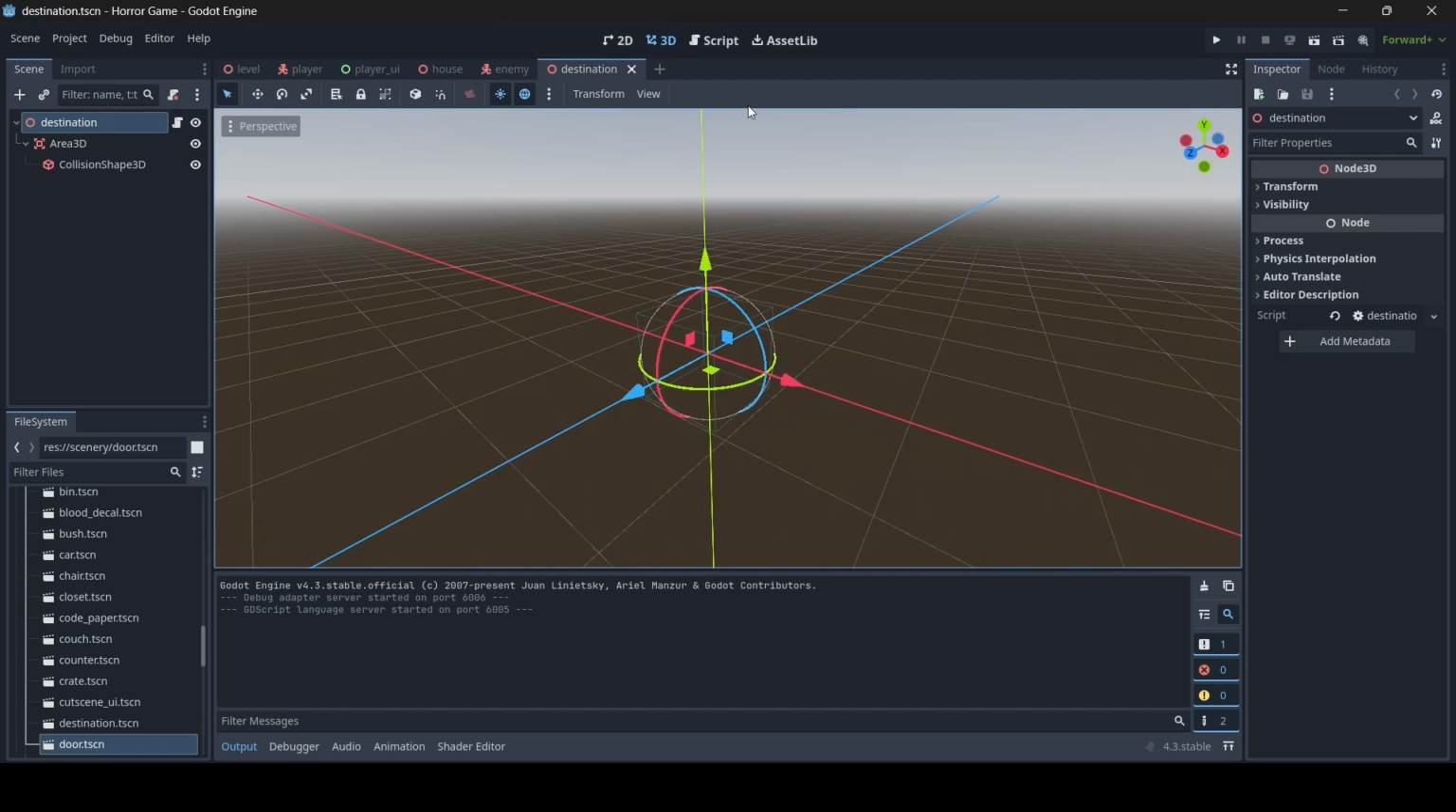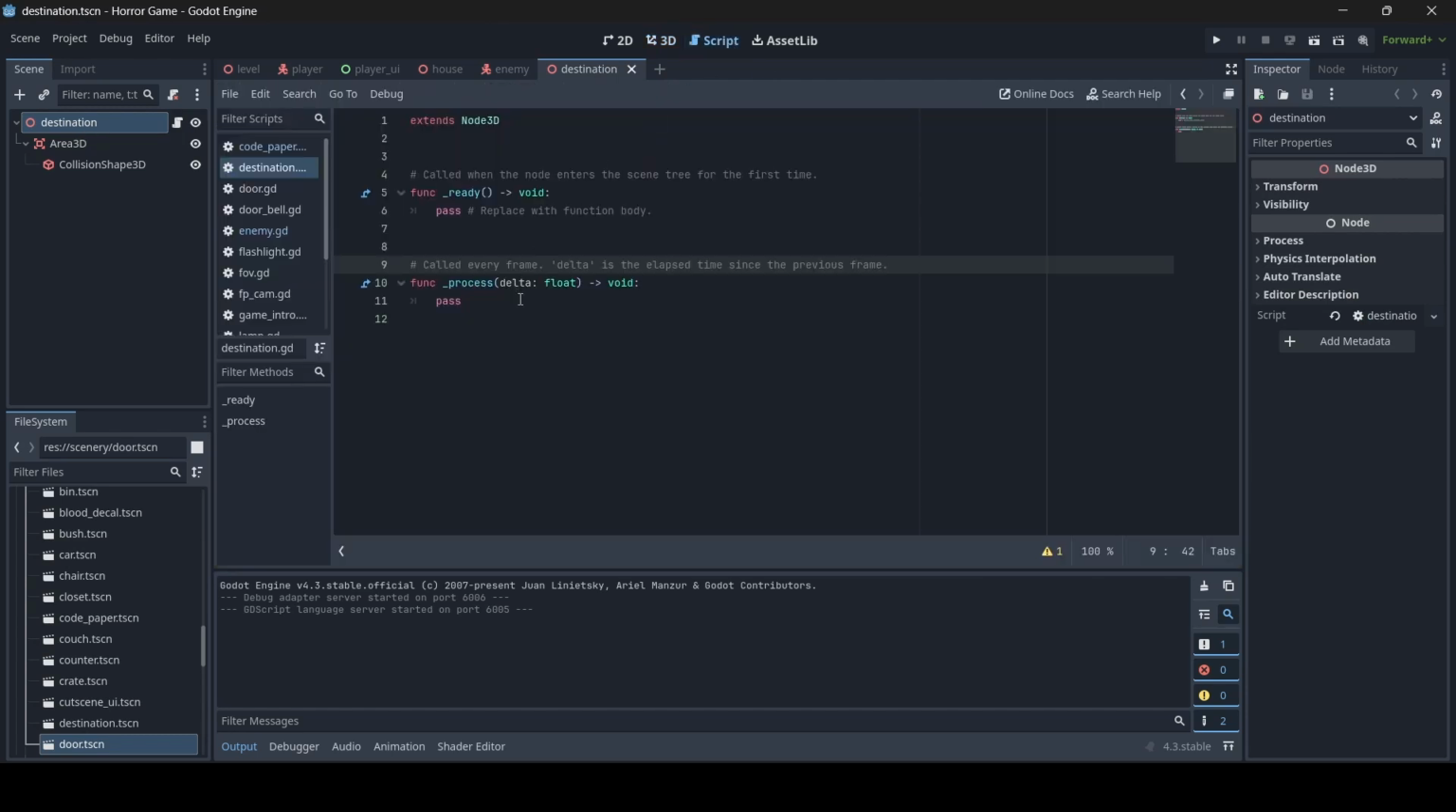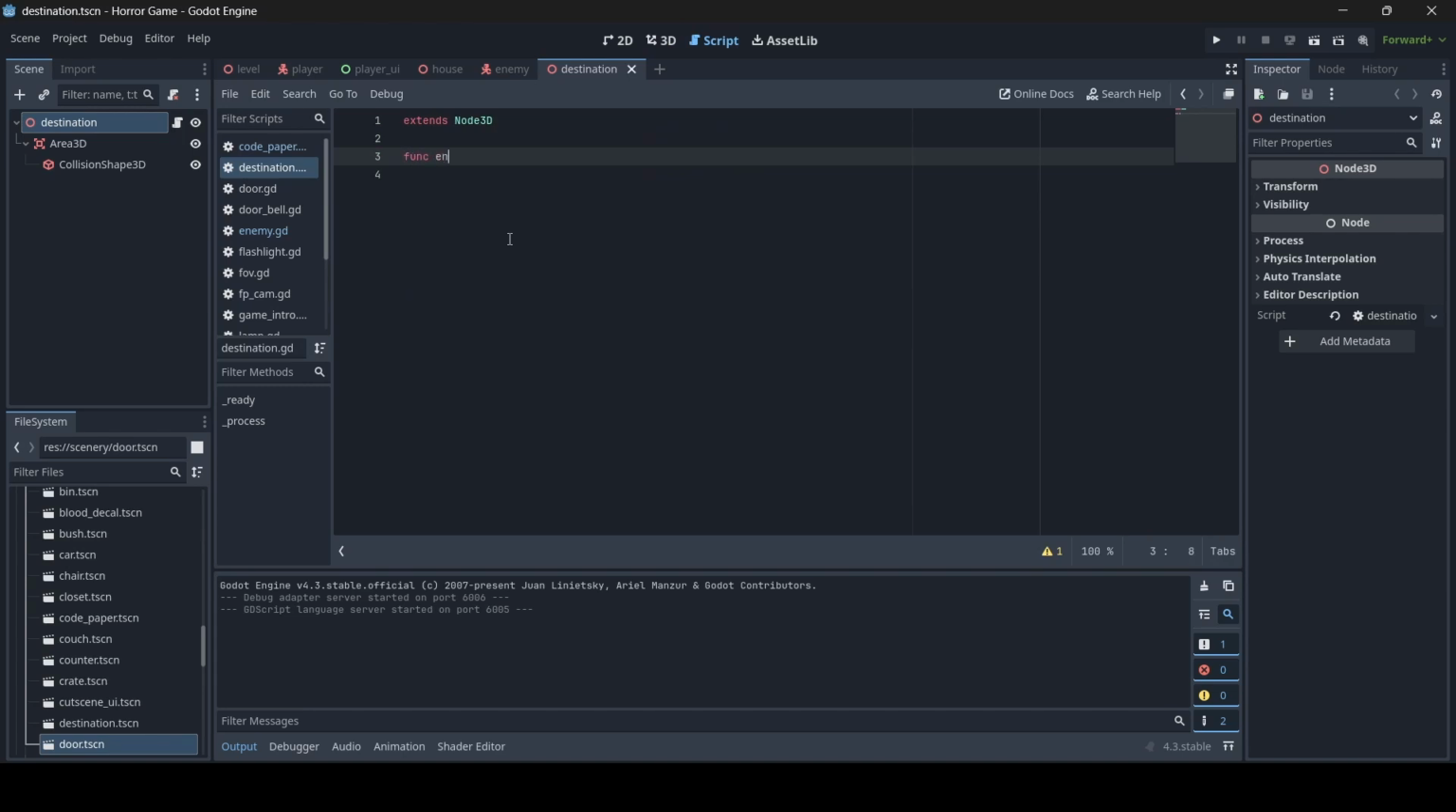So here we have our destination. Now what we're going to do in the new script we created is get rid of this stuff here and create a new function called enter_trigger, and then we're going to do body here. What body is, is whatever body collides with this trigger, whether it's the player or something else. But this trigger isn't going to be for the player, this trigger is actually going to be